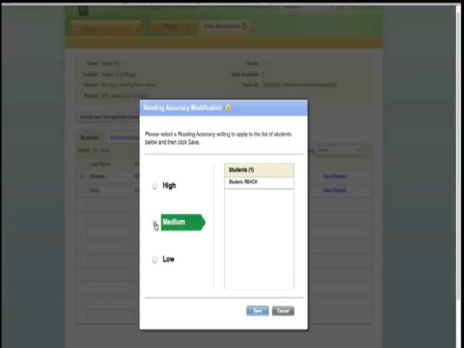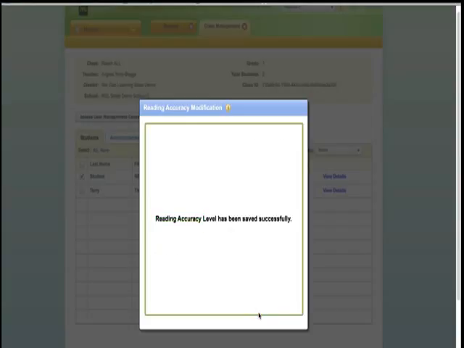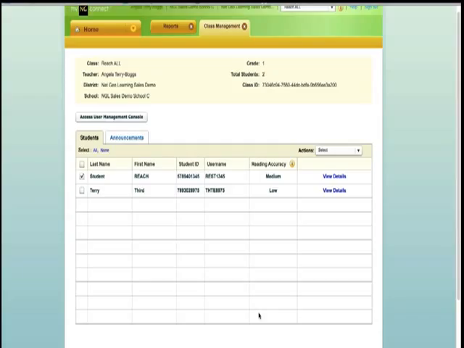If this student is already reading extremely fluently, I can change the setting to high. Or if this student reads slowly, or if this student articulates each word slowly, this will indicate for the system to slow down that passage. So in our case, we're going to give it a medium setting, and make sure you click Save. Now that reading accuracy level has been successfully saved, so when that student logs back in to read a passage,